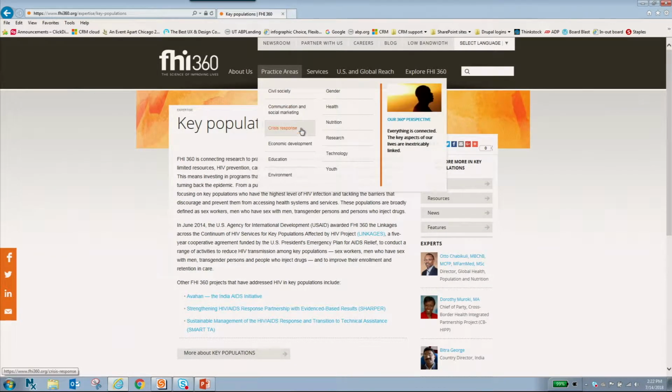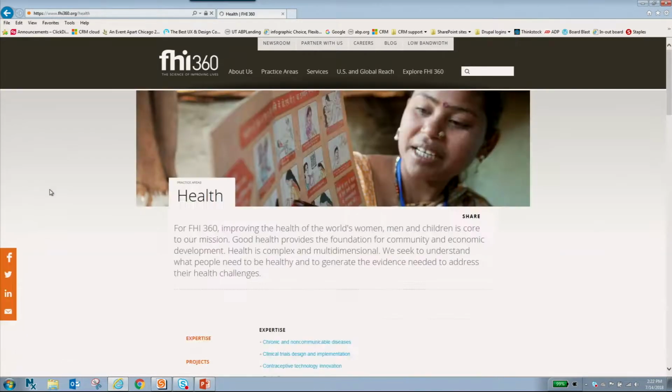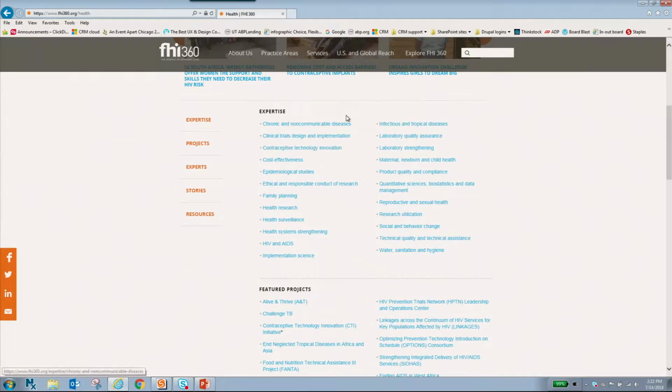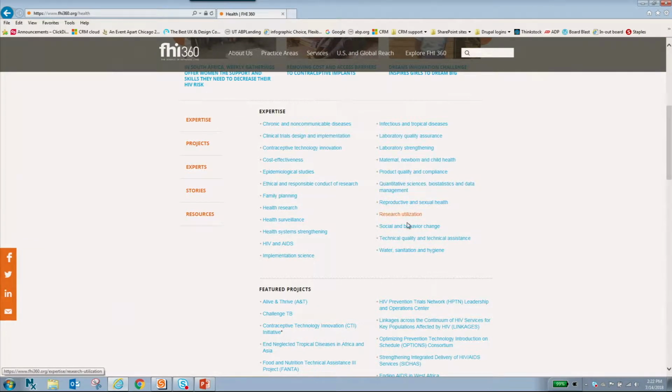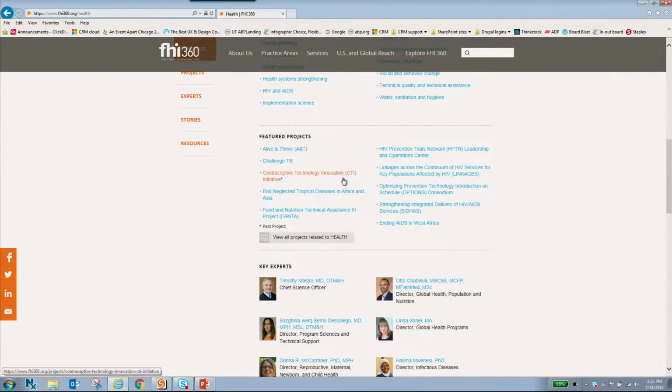Back to my health page. So there's expertise. Some of these practice areas have as little as 4 expertise areas. I'm showing you again probably the best or worst case scenario, depending on how you look at it. Featured projects. So project was another content type. So there are project pages, and these are just pulled in. These are the top 10 is defined by the